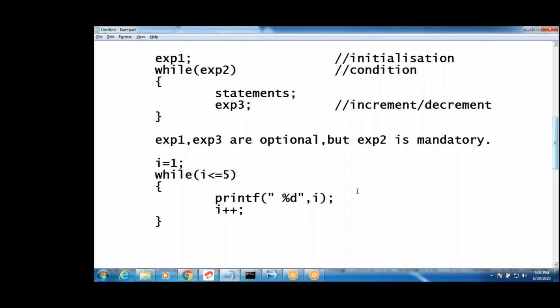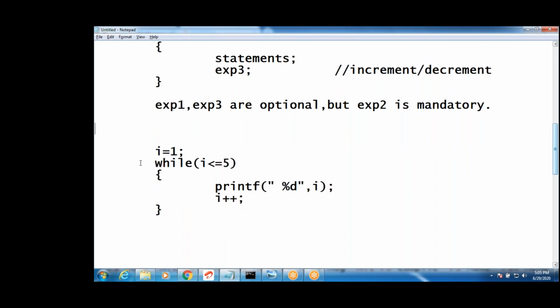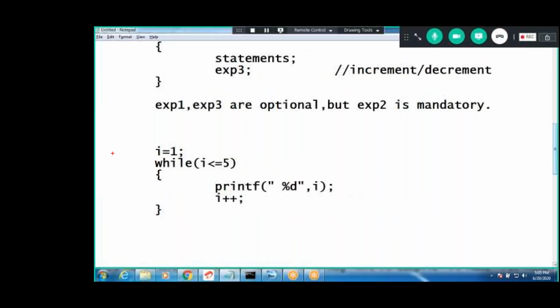How this loop will execute, I will explain first. Listen carefully. We write different examples on this while, guys. Now first where it goes. First I equals to 1, guys. First I value is 1. This is the first statement. Now it checks the second condition. What is the second condition? 1 less than or equals to 5. I is 1, 1 less than or equals to 5. I value will be printed. 1. I plus plus 2, guys.